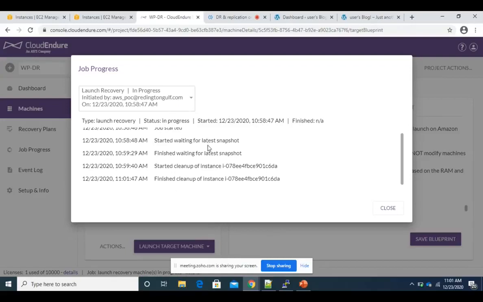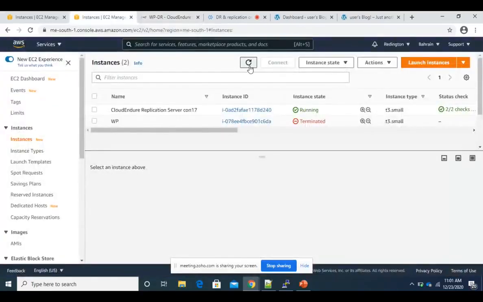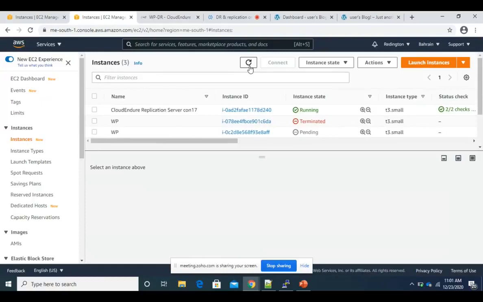Now it's trying to launch a new instance with the latest snapshot and the latest recovery point which we have selected. So this is the new instance that is getting launched.